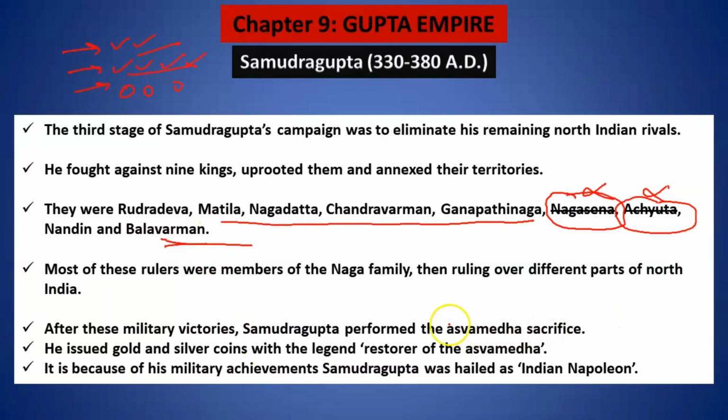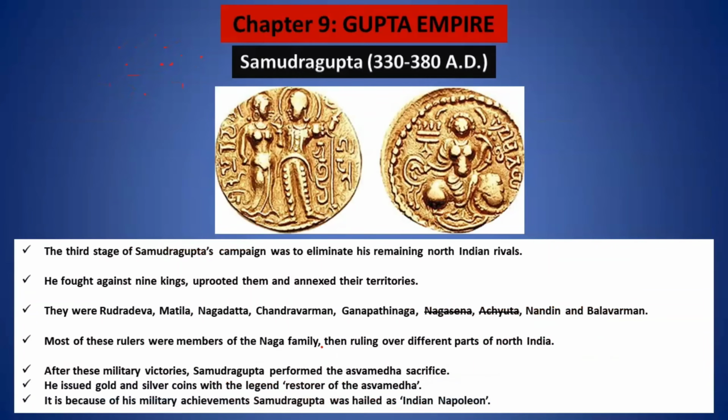Now, after his victories, he started performing the Ashwamedh sacrifice. So that means that Brahmanism again we can see here in the Gupta period also. And the impact of Buddhism and Jainism declined further, because here we see a lot of worship related to Vishnu, which we also call Vaishnavism. I hope this point is clear. And as he was very visionary, he wanted to conquer a lot of land. He is regarded as the Indian Napoleon. I hope this is clear to all of you.